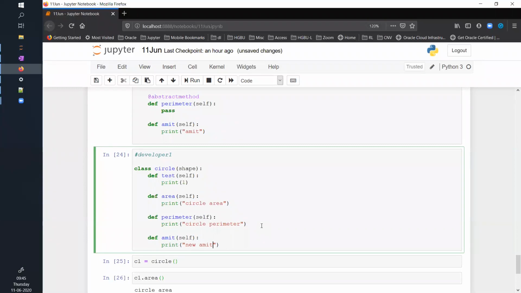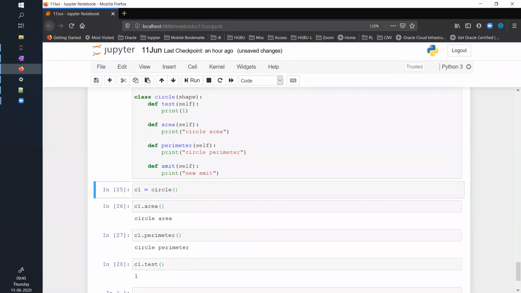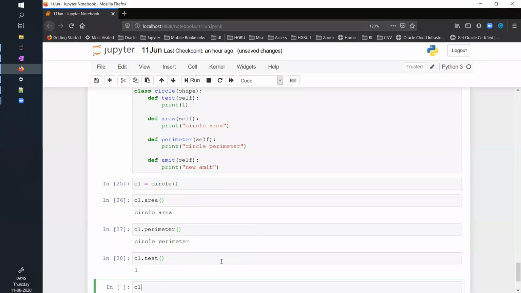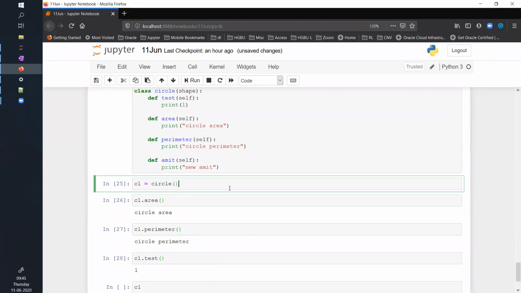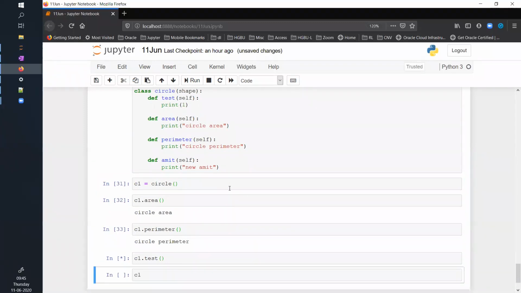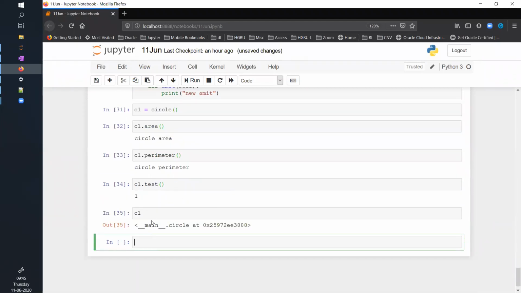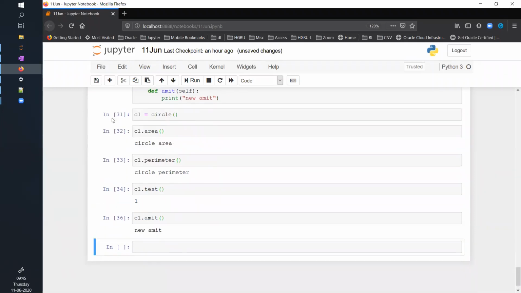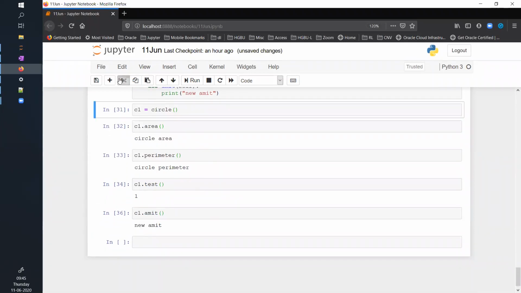Okay. And when I say C1, okay, let me first create this. C1 dot Amit, new Amit. So what I'm, okay, let me just delete all of this, then it will be more clear.